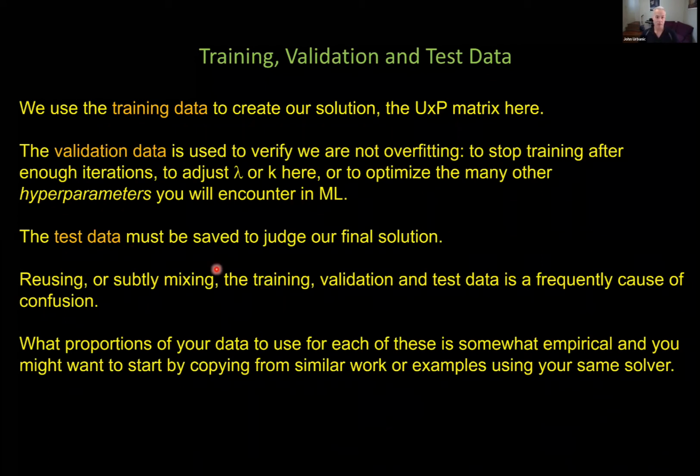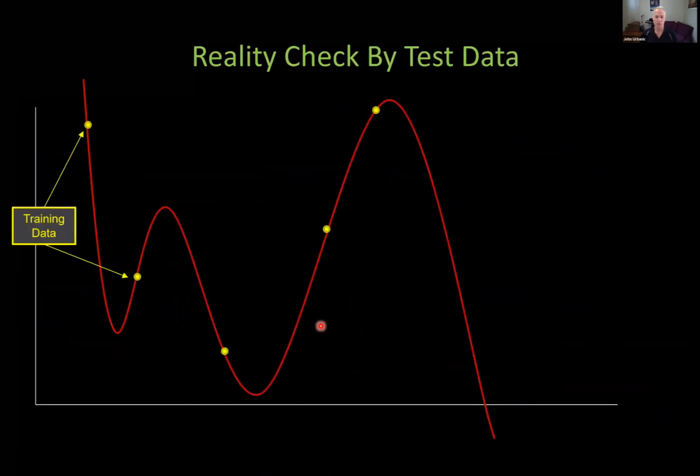And again, it's not an easy thing either, because the more test data you have, the less it's going to be used to come up with a good UNP matrix. But if you don't have enough test data, maybe you won't be able to detect if you're really generalizing well. So there are just rules of thumb in different areas and different domains. And your best guess is probably to look at what similar people are doing in similar circumstances. In our case, we're going to save 20% of it off to the side for test data. But there isn't a definitive answer, and there isn't one that you can apply to all problems.